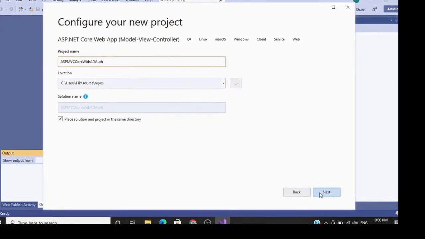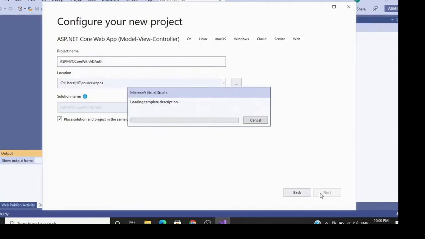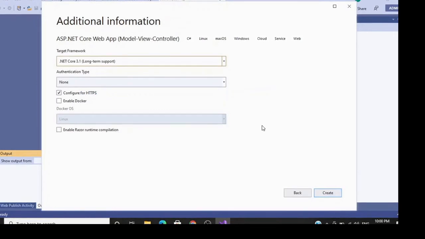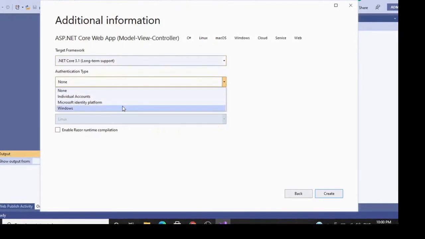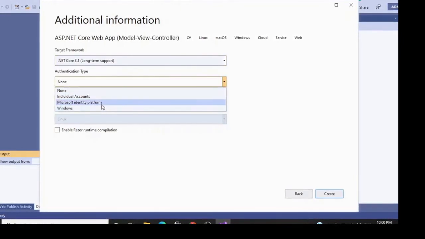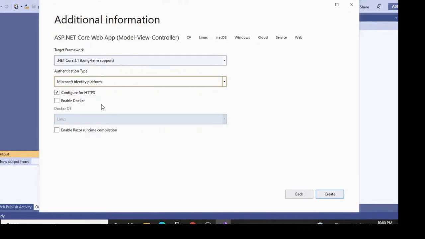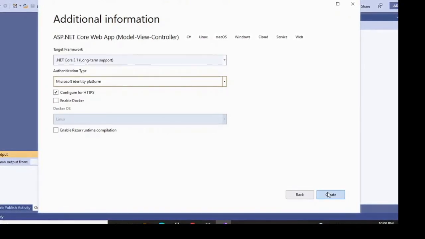Clicking on next. So the project is getting created over here. For .NET Core 3.1, we have to select the authentication type over here. It's the Microsoft Identity Platform we are going to use. Then configure for HTTPS and create.